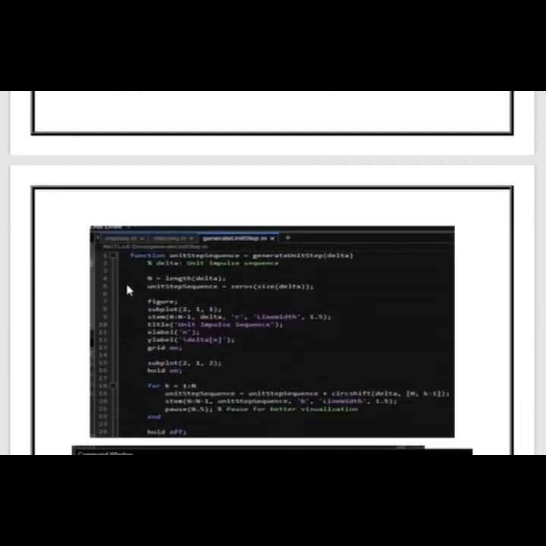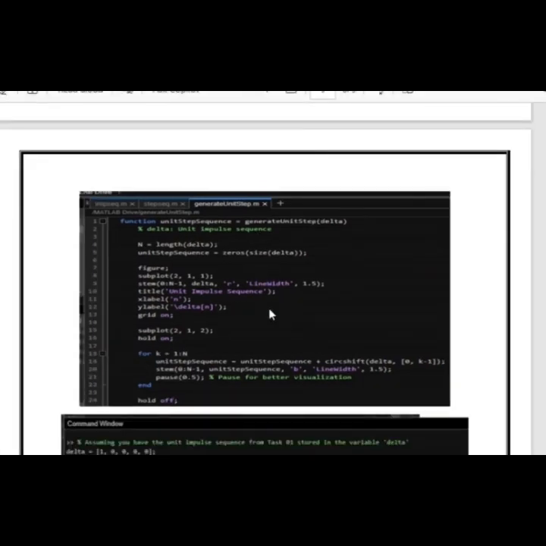In task 3, the unit step sequence can be constructed by adding shifted impulse sequences, and this is the formula. Use the unit impulse sequence of task 1 and construct the unit step sequence. Is it possible to construct a shifted version of the unit step sequence by summation of deltas? If yes, then what is required to do so? Use the commands pause, hold off and hold on. So in this code, generate a function named unit step sequence equals unit step(delta), where delta is equal to